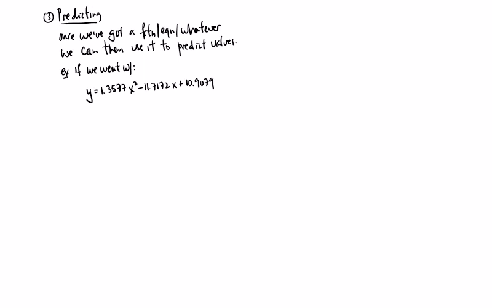We found the exponential one was better, but for the sake of argument, let's suppose we went with this. So then you can predict, for example, that when x is 10, when x is 20, which is a value we didn't have,